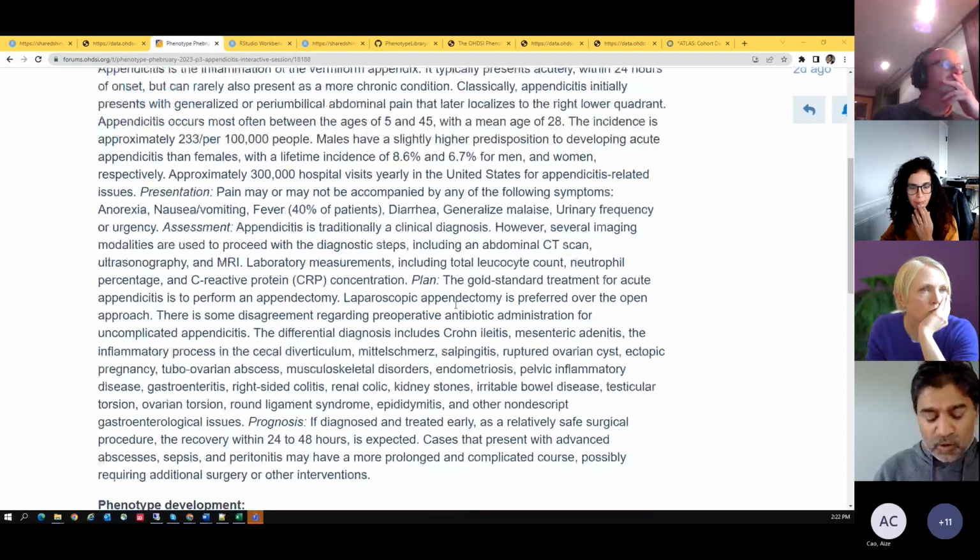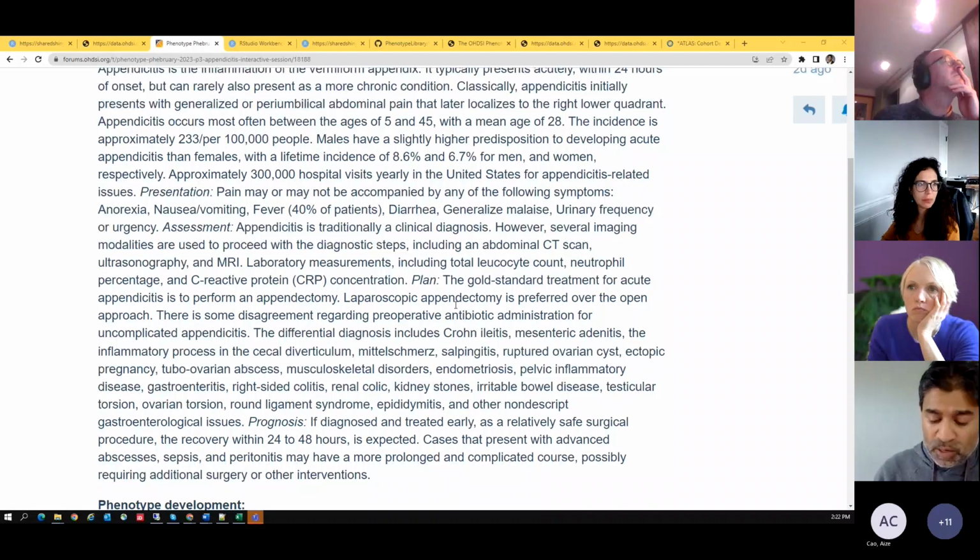The most severe cases could be life-threatening and could cause death. The differential diagnosis is pretty broad. It can go from ovarian causes to cecal causes to ectopic pregnancies, renal, and so on. So there's a broad differential diagnosis here, but it's a pretty mature clinical idea, and most clinicians know how to